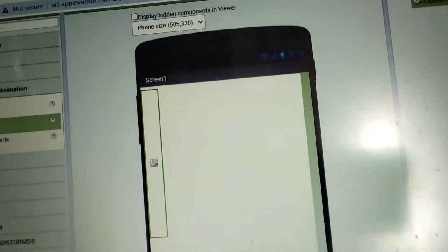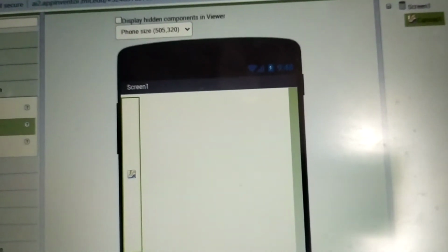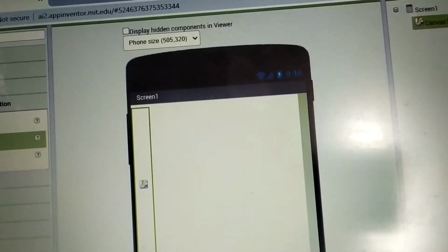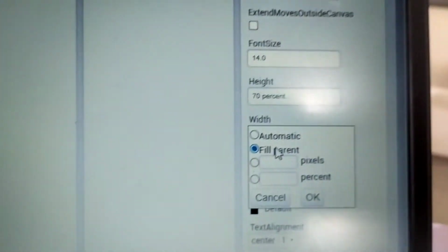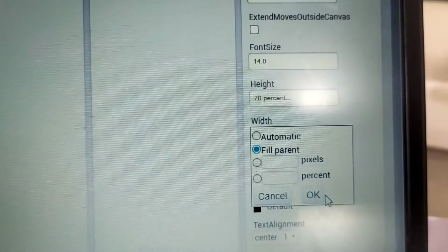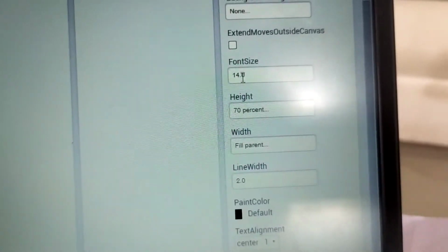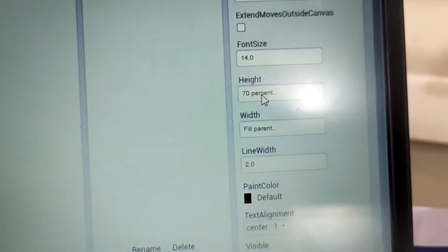Its width to be fill parent and its height to be 70%.